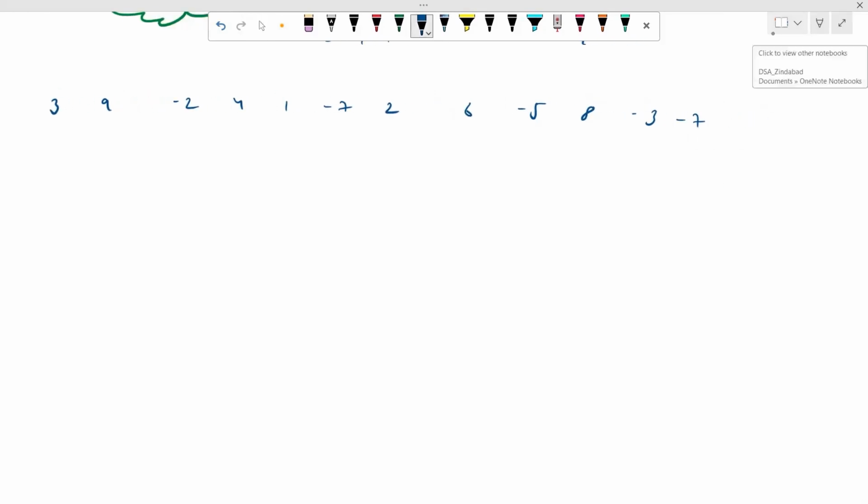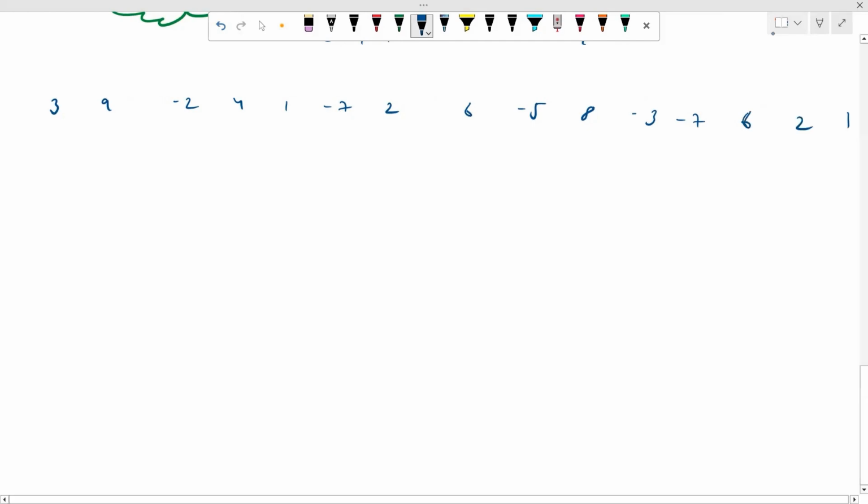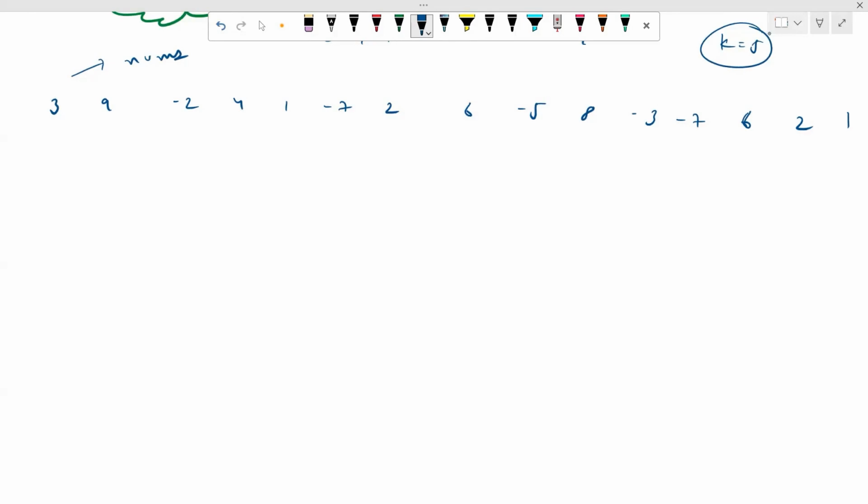After -7, we'll have 6, and then 2, then 1, right? This is our num set. And for this, the target value will be equal to 5. There is 5 out there, right? So what we'll be doing, we'll use a hash map